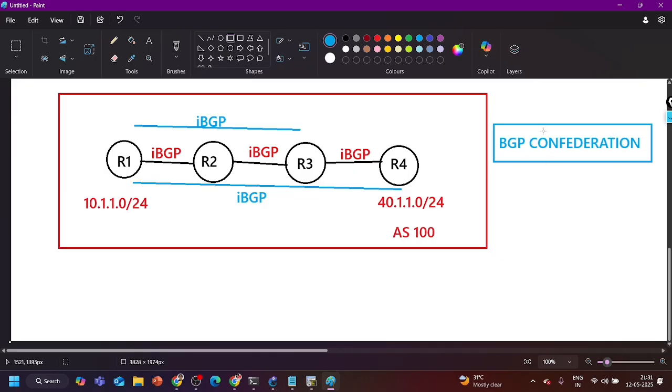So we come up with the confederation concept. Can anyone tell me what is BGP confederation? How is it going to work? Like OSPF, we divide the area, so we can divide the entire AS into sub-ASes. Yes, very good. Logically,